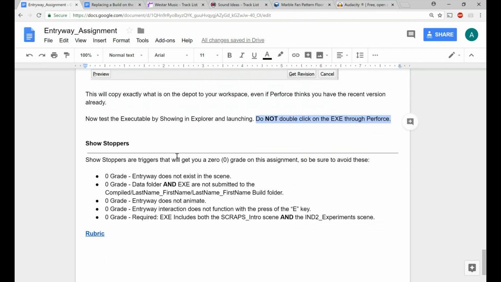All right. At the bottom of the assignment, you'll see your showstoppers. So make sure that the data folder and executable are submitted. Right. Make sure that those are submitted. If you don't submit your data folder, I can't actually open your executable. Right? If your entryway doesn't animate, this is also going to be an issue. Right? You got to make sure the door's animating as well as it interacts with the E key. Okay? So double check your build, playtest your build. You can avoid all of these showstoppers,